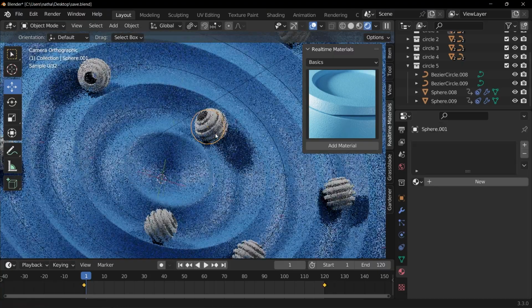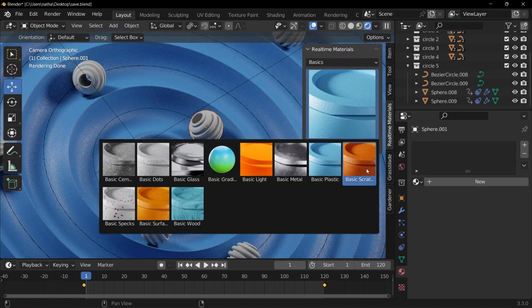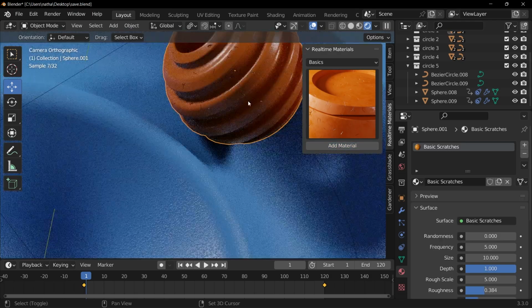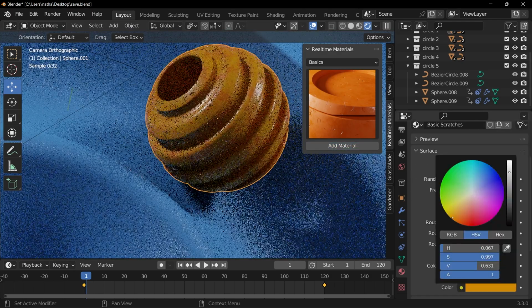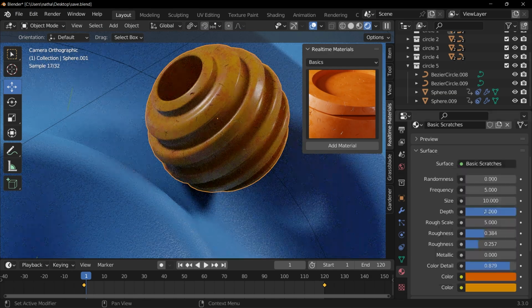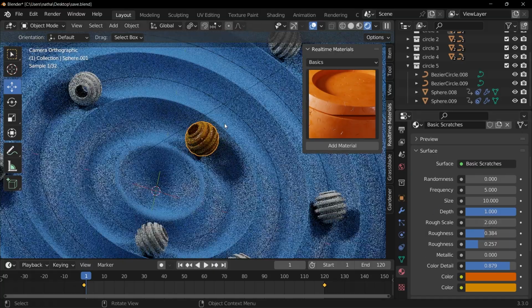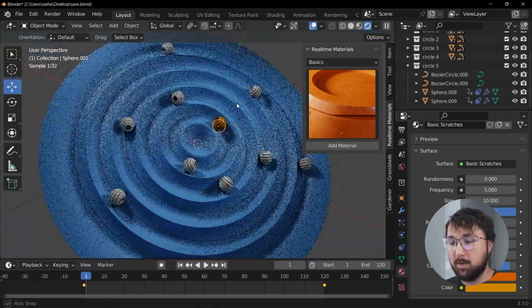And then for these, I believe I use the basic scratches material. It's like that, so you get some scratches off the bat, and then I made this a little bit yellow. And then bring up that roughness scale to maybe like 2. And then the way you can take all of the materials, which we're also going to do in a minute,